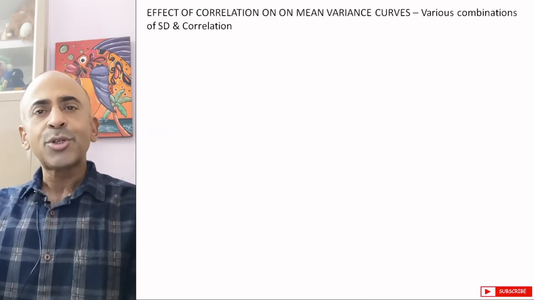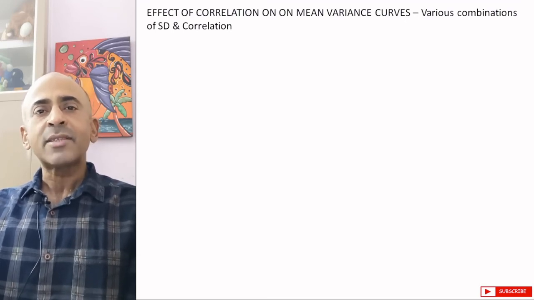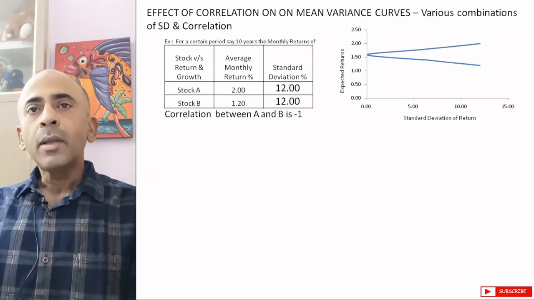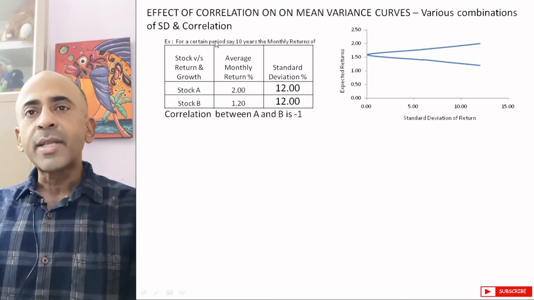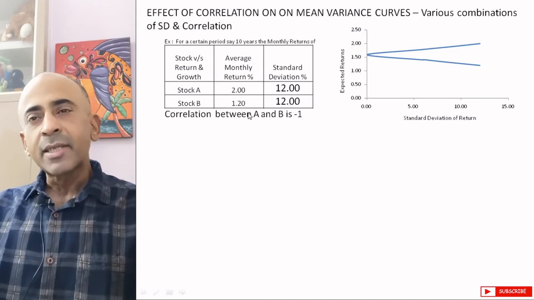Here, I have tried to show the relation between correlations and standard deviations for various conditions. Just look at these slides. Now in this slide, as you can see here, it is the same example as our previous example, but in this case we will consider three cases with correlation -1.